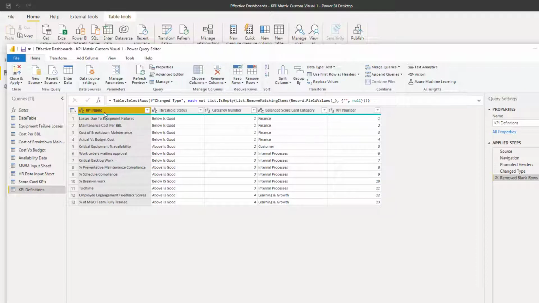We've got the KPI name, so that's going to be the link through to each of the individual KPIs. We've got a threshold status, which is going to be used later on when we are calculating the KPI index, so I'll explain what that is for later on. And then we've got the sort for the category. Okay, so we've got a balanced scorecard category here: finance, customer, internal processes, and learning and growth. So this is a mapping between the finance KPIs, the customer KPIs, the internal process KPIs, but also this is a sort that we're going to use when we display these categories within the Power KPI Matrix